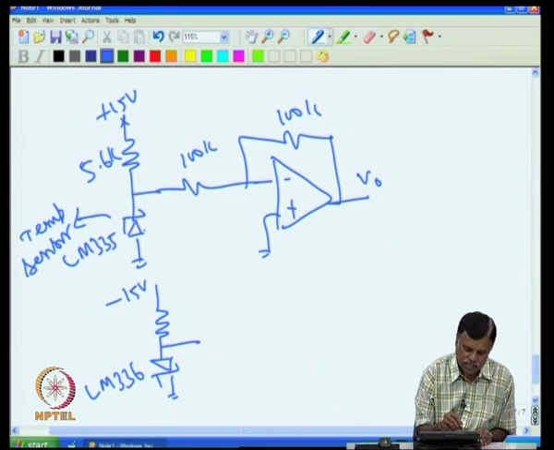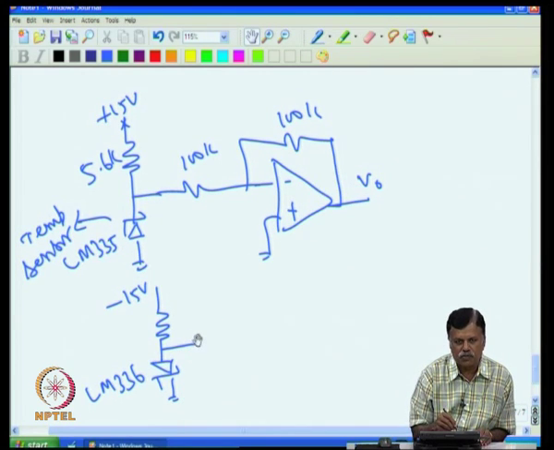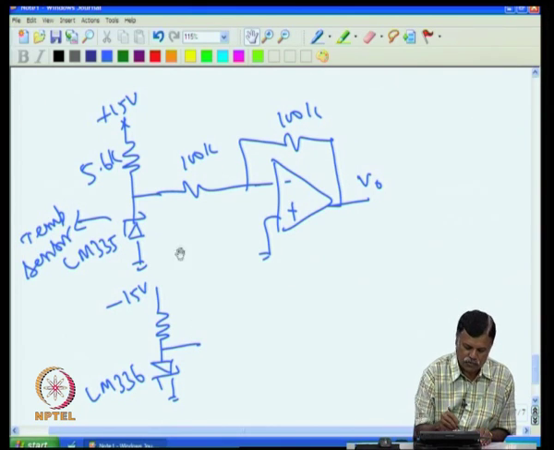Nevertheless, this is a temperature sensor, this is a Zener. The voltage at this point changes with temperature, whereas here the voltage at this point will not change much, it will be very, very small, that is 30 ppm. That is what we wanted, we want a stable voltage at this point, and a variable voltage with respect to temperature at this point. So, if I take LM335, then this will give me at this point 2.5 volt. So, I can connect this 100 K and connect to this,